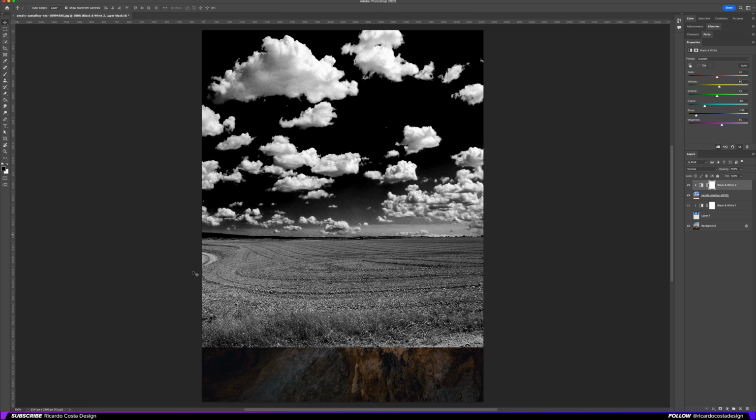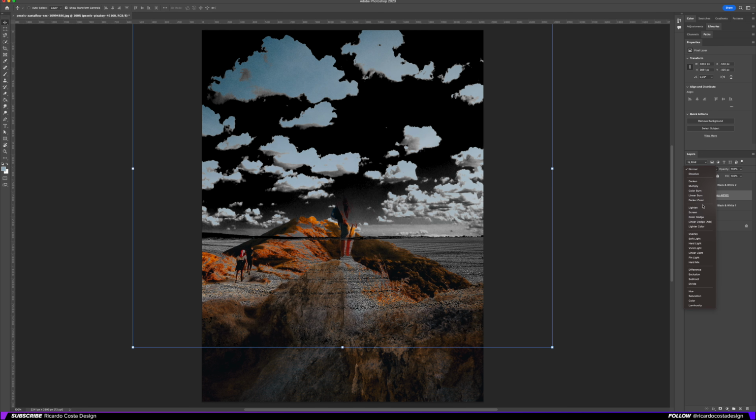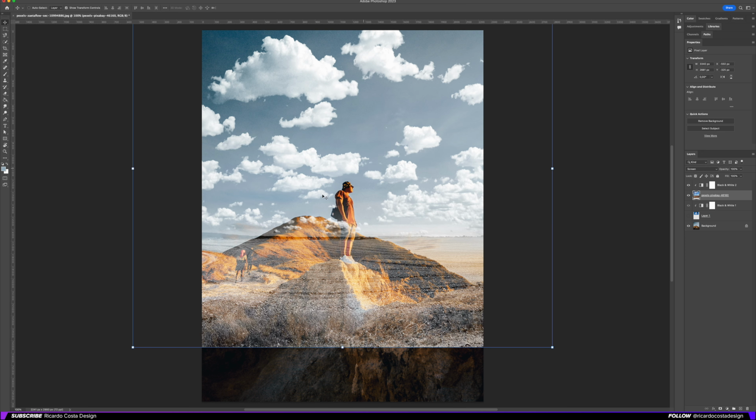Of course, then we will need to mask the field, and I will show you how to do it. Okay, let's see if it's okay like that. Then change our layer to Screen, and as you can see, it works pretty well. And now, just to remove this part, because this is an excess on our image,